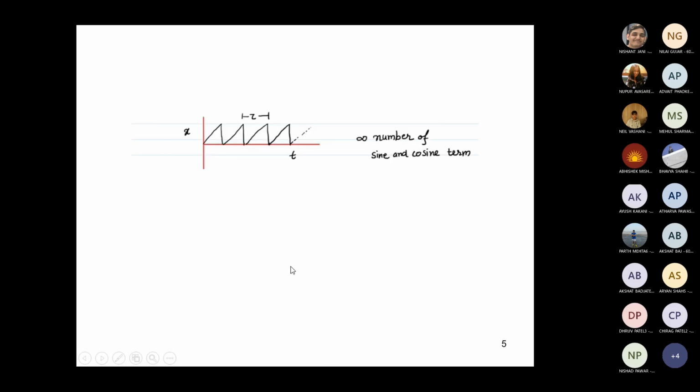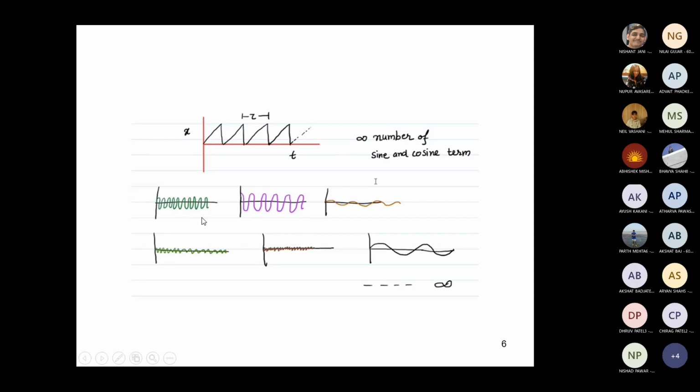Okay. This principle is not necessarily applicable only to a sinusoidal form of signal. It can be applied to any form of periodic signal. For example, this is a sawtooth. Now I can express this sawtooth as a sum of an infinite number of sine and cosine waves like this. So I can go on adding these sinusoidal and cosine terms, and if I combine all these infinite signals,